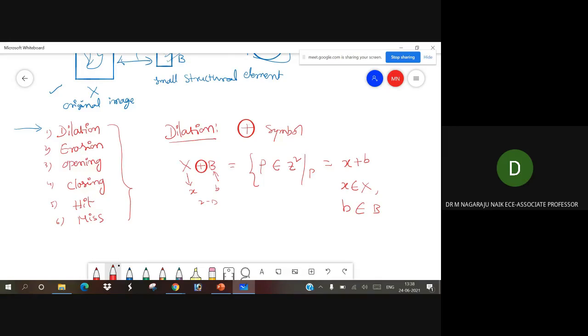What is the condition? All the coordinates of P in two dimensions, belonging to Z square, where the point P is equal to x plus b, x belongs to X and b belongs to B.